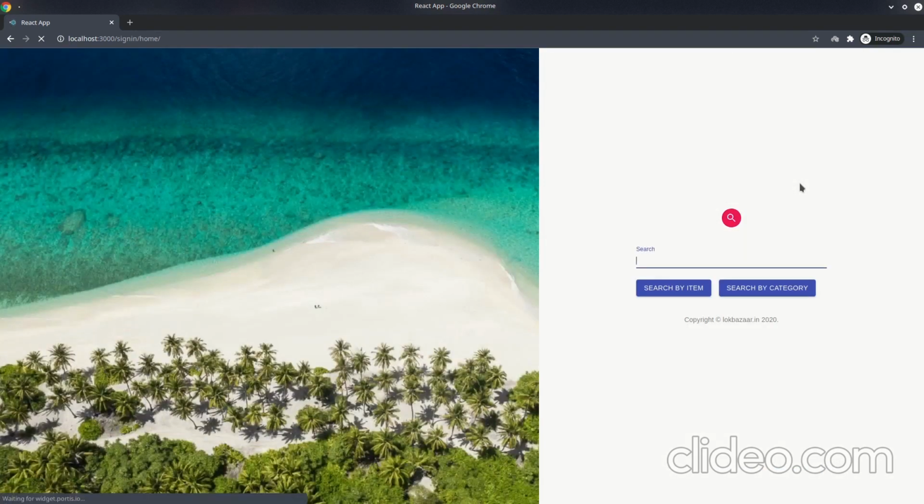We are now signed in. The images on the left are random again. So let's say we want to search an antivirus.